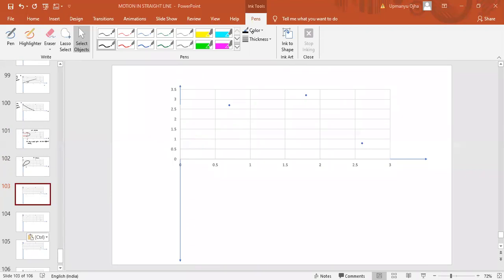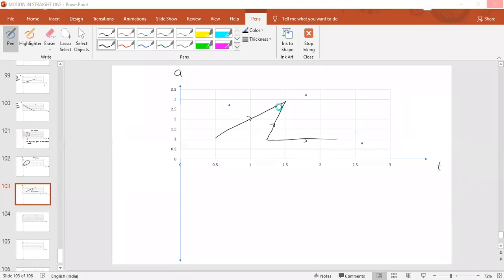If the graph is like this, let us suppose this is an acceleration versus time graph. The graph is like this. Is this graph possible? No. The reason? Same reason. At any time we cannot have two different accelerations. So if I take some time interval like this one,